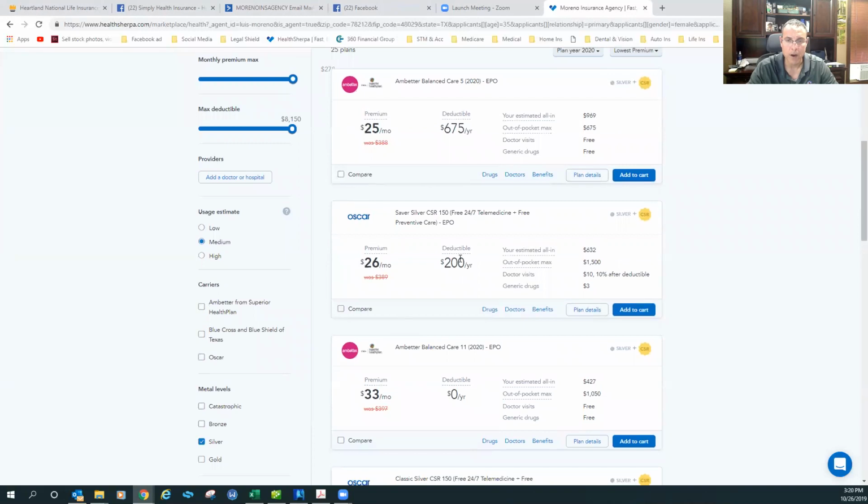You can compare a couple and put them side by side. But on this one, just so you know, here's their premium. Here is their deductible. Here's their out-of-pocket. In this one scenario, the deductible equals the out-of-pocket. Pretty easy, okay? Her drugs or her doctors are free. Generic drugs are free. If I wanted to get some more details of the plan, which is what you're going to want to do when you're with a customer,